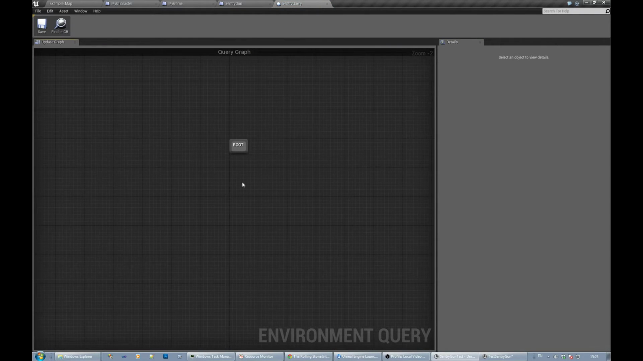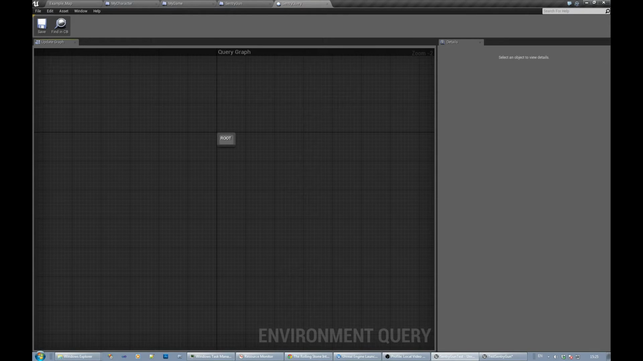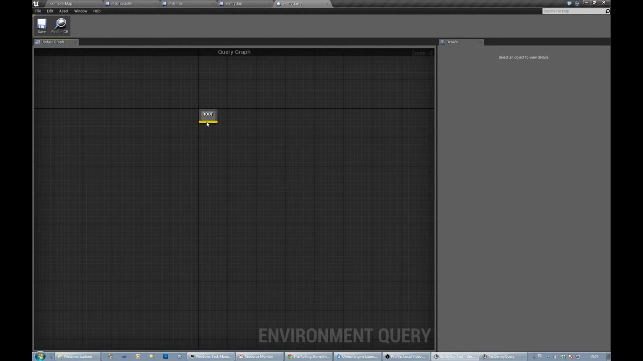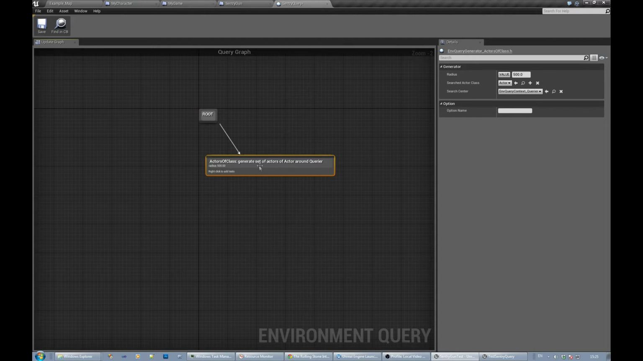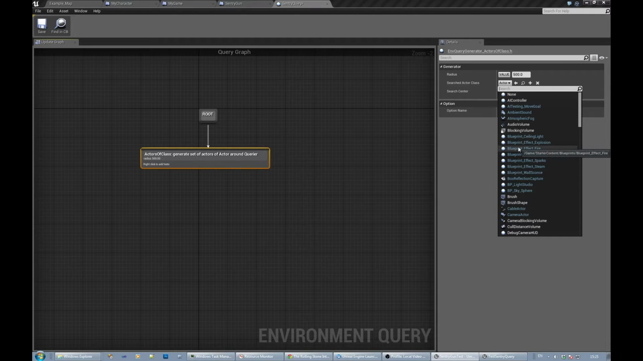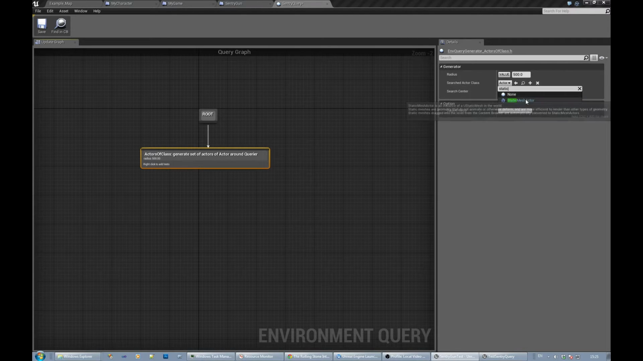It looks a little bit like the behavior tree editor. So let's just think about what we're going to need here, right? We want to be able to say the Sentry Gun needs to run a query on actors of class as a generator, so all actors of a specific type, and let's call that the static mesh for now,